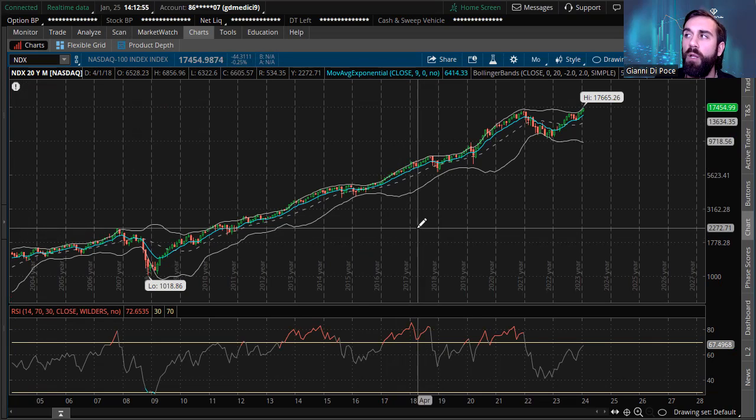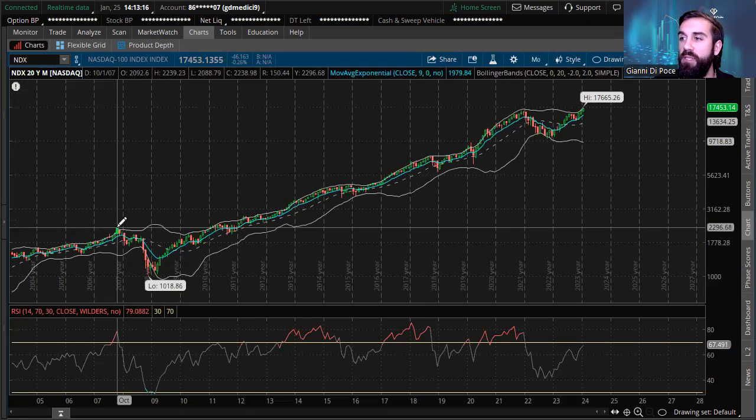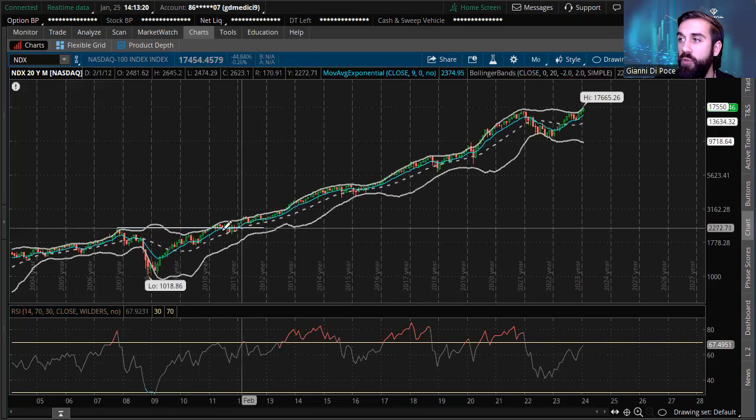But what does that mean? Well, seeing support or resistance break on a monthly, weekly, or daily time interval are not equal. I would argue it's more significant to see support or resistance break on a monthly time scale versus a daily time scale. So, for example, going back to the NASDAQ 100 here, you had resistance, a zone where sellers came